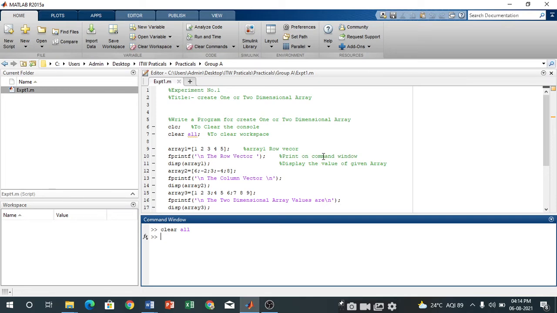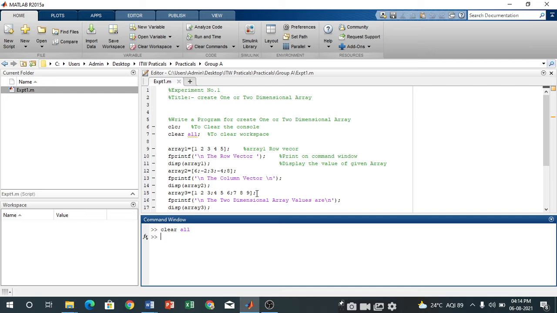Here we are going to create one or two dimensional arrays. Whenever we write a practical for MATLAB, remember clc and clear are two commands which are to be used at the start of your program, because clc is for clearing the console and clear all is used to clear all the workspace variables.